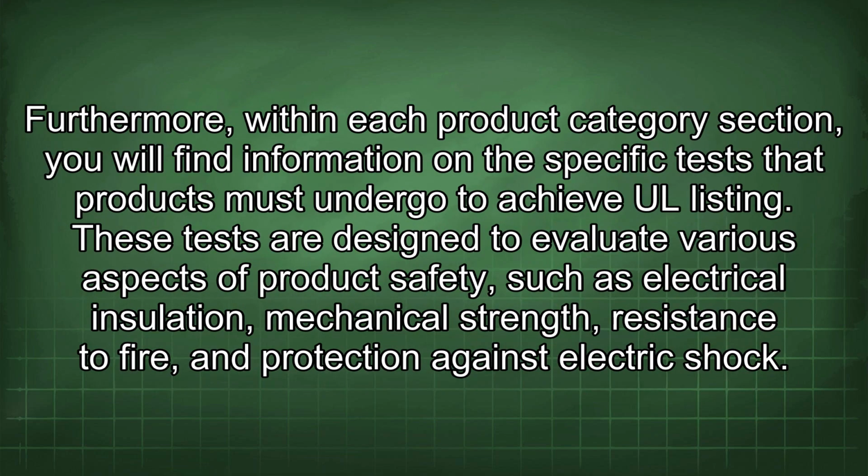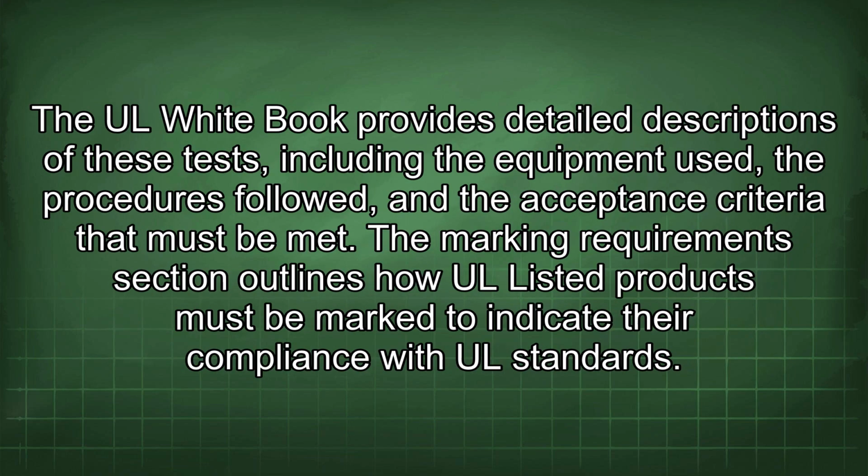Furthermore, within each product category section, you will find information on the specific tests that products must undergo to achieve UL listing. These tests are designed to evaluate various aspects of product safety, such as electrical insulation, mechanical strength, resistance to fire, and protection against electric shock. The UL White Book provides detailed descriptions of these tests, including the equipment used, the procedures followed, and the acceptance criteria